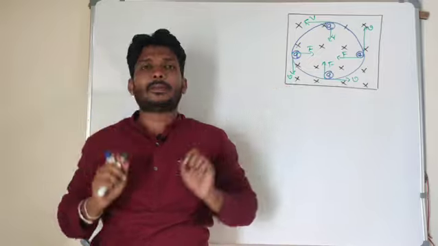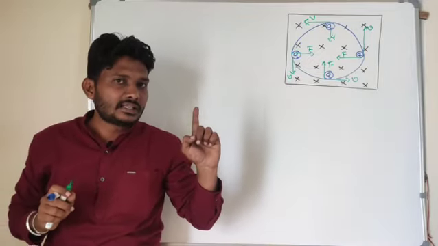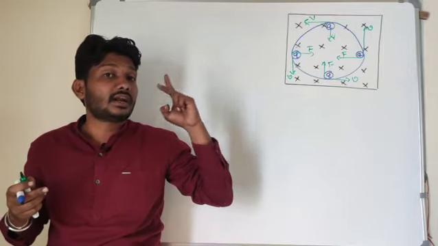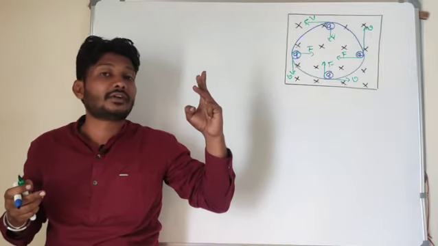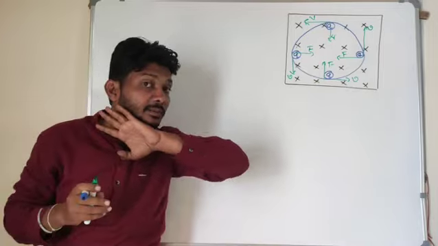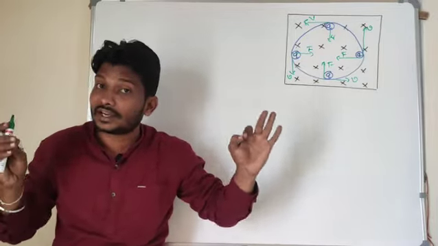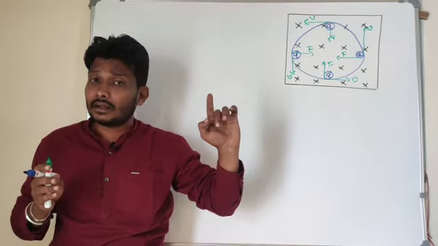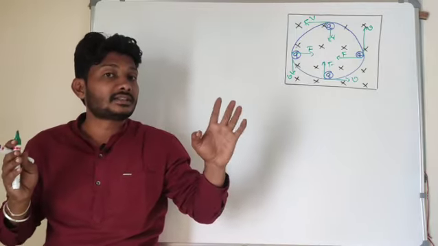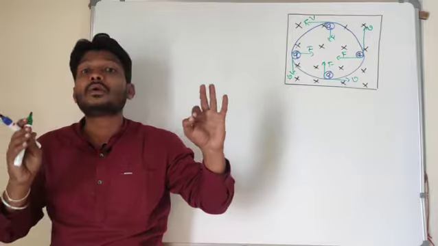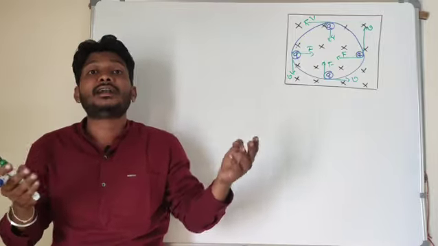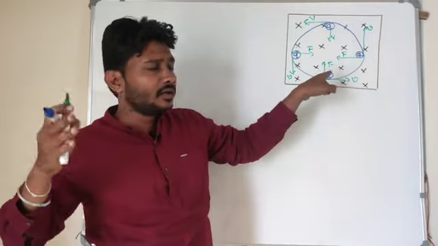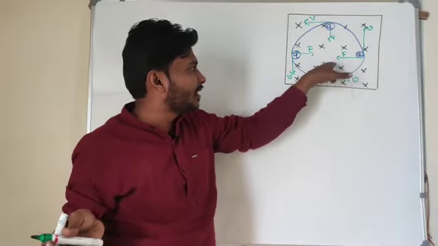Remember one point. In the last class only I said that if you know how to take the direction of the current, the direction of the magnetic field and the direction of the force, then only the remaining part about moving charges and magnetism will be understood. Otherwise you won't get a single meaning of moving charges and magnetism, unless you know the direction of the current, magnetic field and force. As I said, you may repeat the video, I don't want to repeat it here.